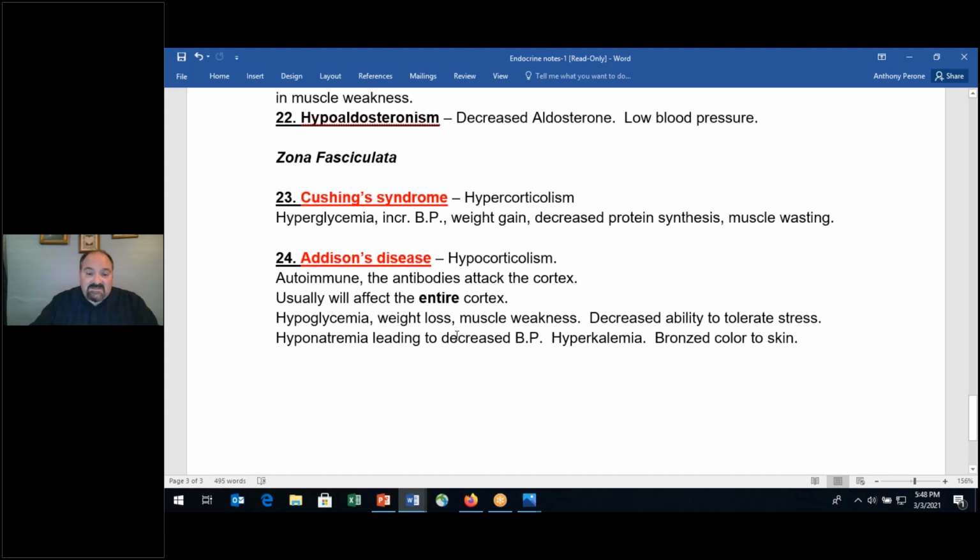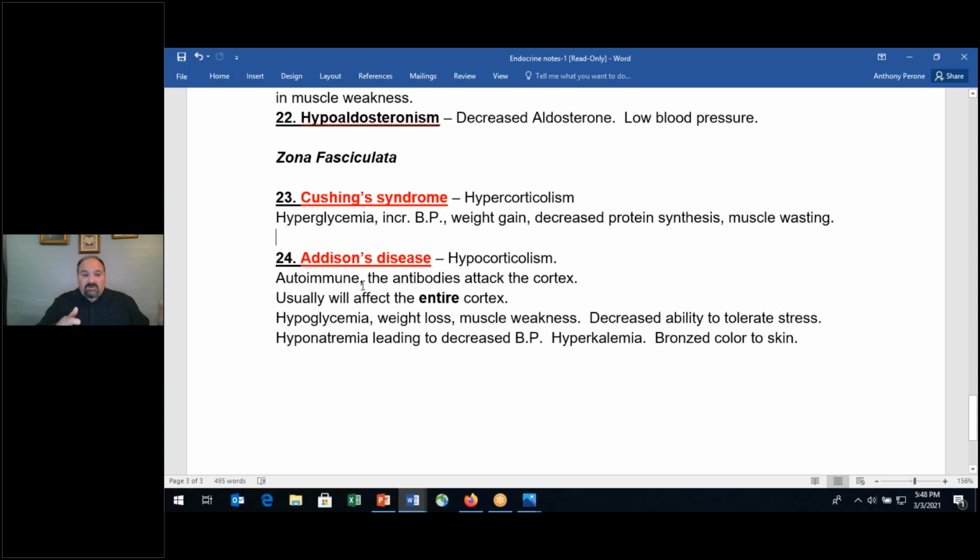And then Addison's disease, think of President Kennedy, back in the late 50s, early 60s. He suffered with hypocortisolism, right? So this is Addison's disease. What goes on is that your body has an issue with really handling stress situations. Again, it's an autoimmune disorder. Antibodies will attack the cortex and usually will affect the entire cortex. So not only just